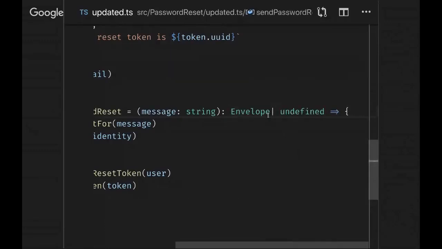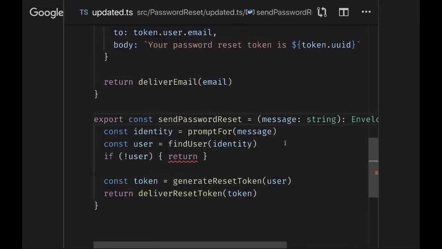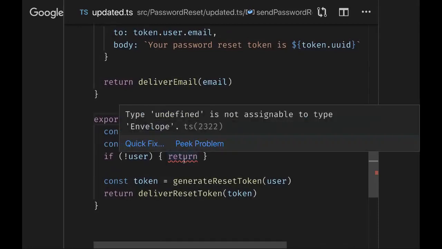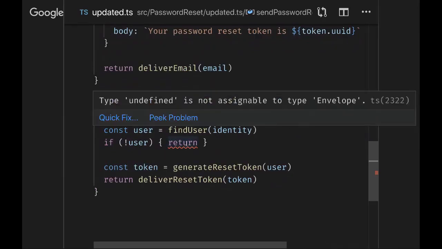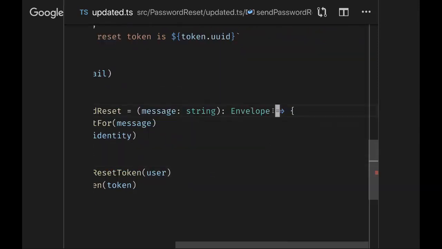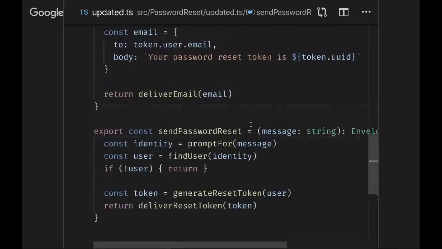If I try to do something where the types don't match, my editor should tell me about it pretty quickly. So I changed this and said that I always return an envelope. And my editor is now complaining, like, hey, you failed with no envelope, but you said I'll always have an envelope. You have to fix this now. I really love something that forces me to fix all of the errors in a similar fashion. So let me restore that.